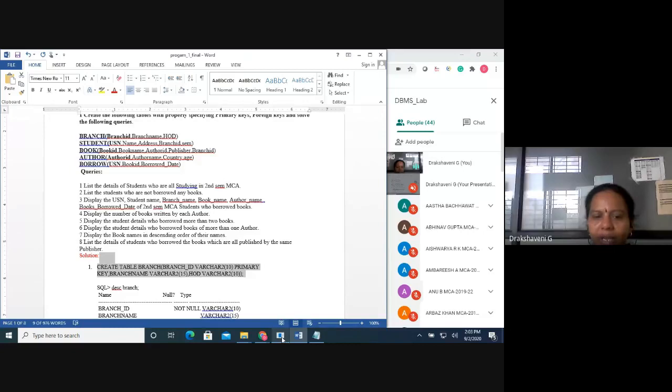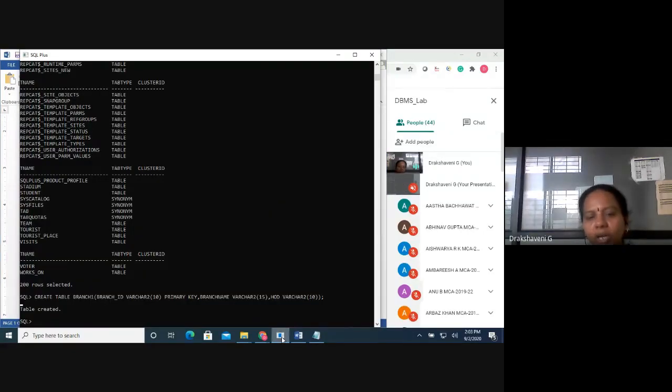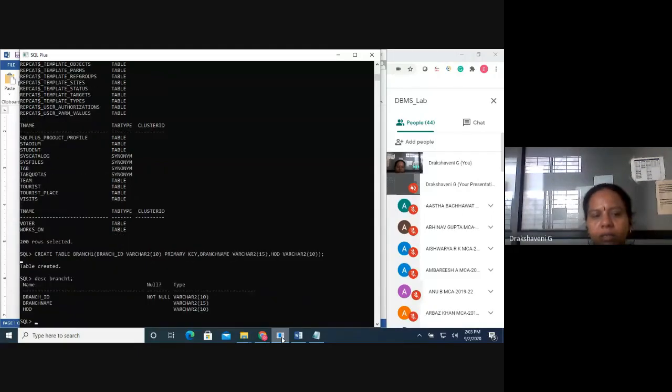After I create this table, I just want to know what the structure is. For that, we have a command called describe, short form DESC. What is the table name? Branch1. So you can see here how many columns are there. Which one is the primary key? What are the data types? The name of the column.